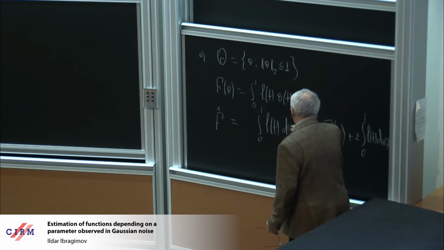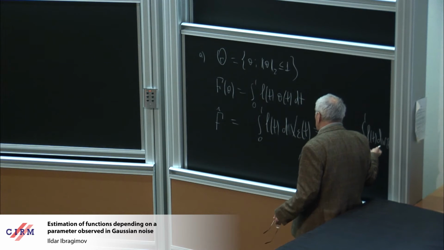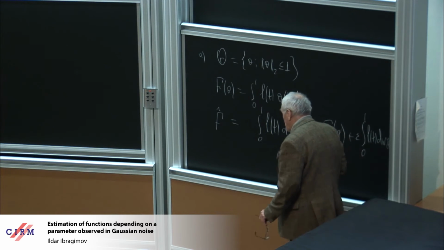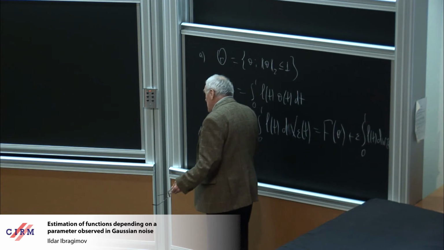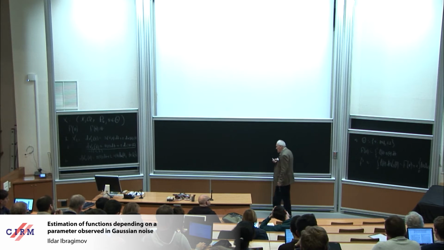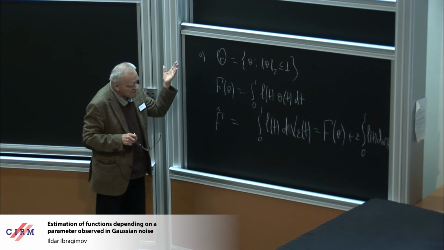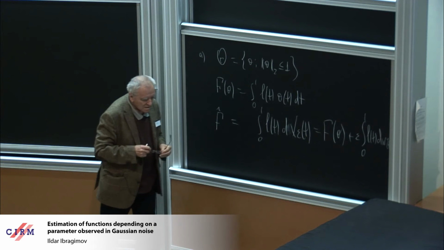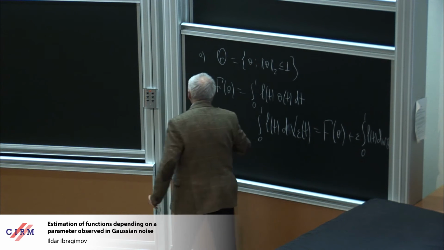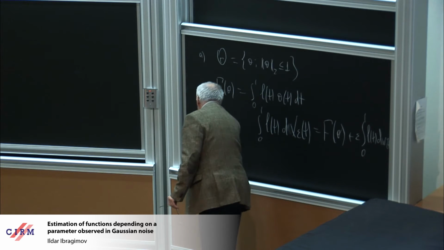It is unbiased and normal, not asymptotically, just normal, and it has a very well-behaved variance. So we cannot estimate the parameter theta, but we can efficiently estimate the value f of theta in the case of linear functions. In the same way, a little bit more complicated function b